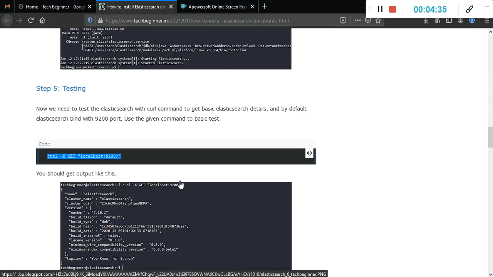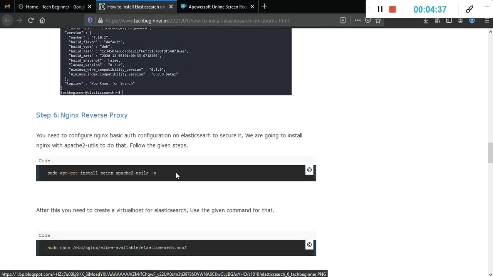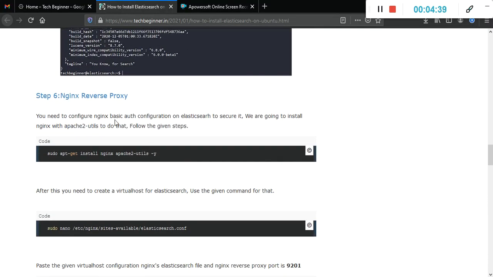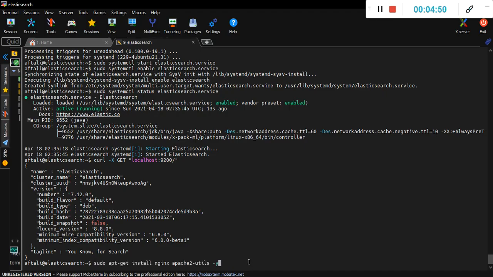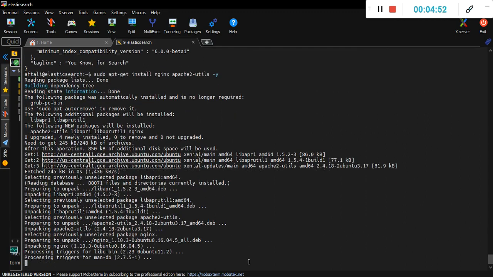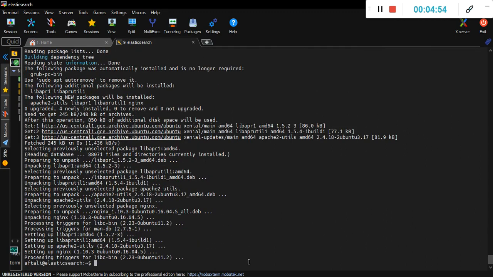And after that we move ahead to another configuration, in which we are going to use Nginx as a reverse proxy to secure Elasticsearch. So we need to install these two packages, Nginx and apache2-utils, to make auth configuration on Elasticsearch.